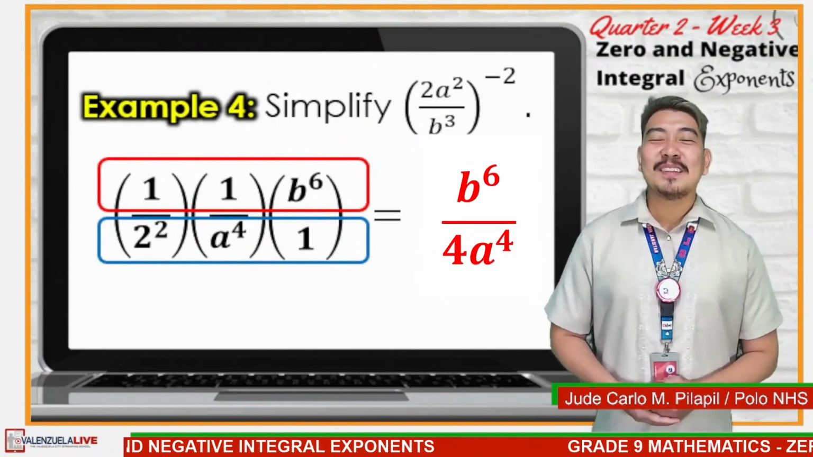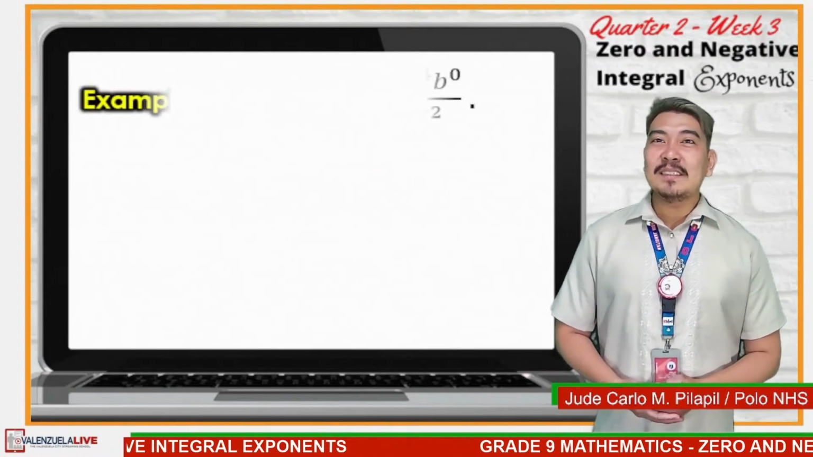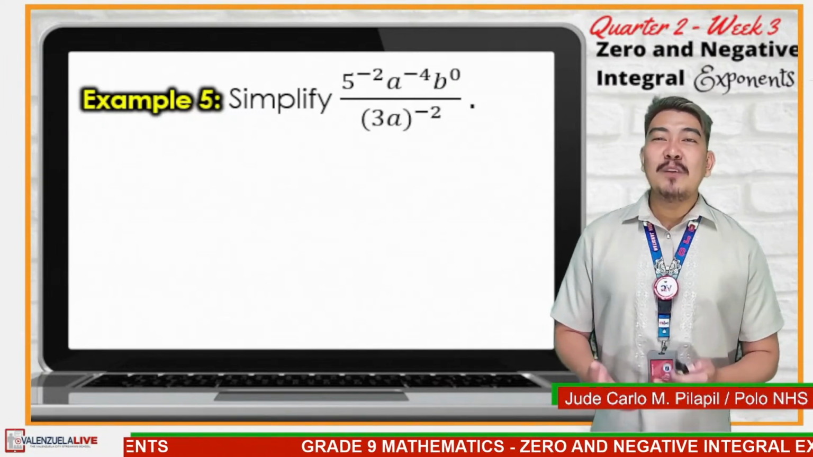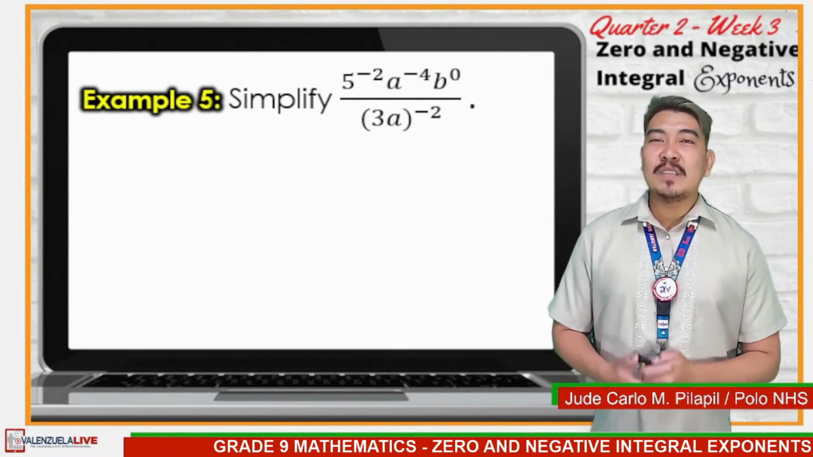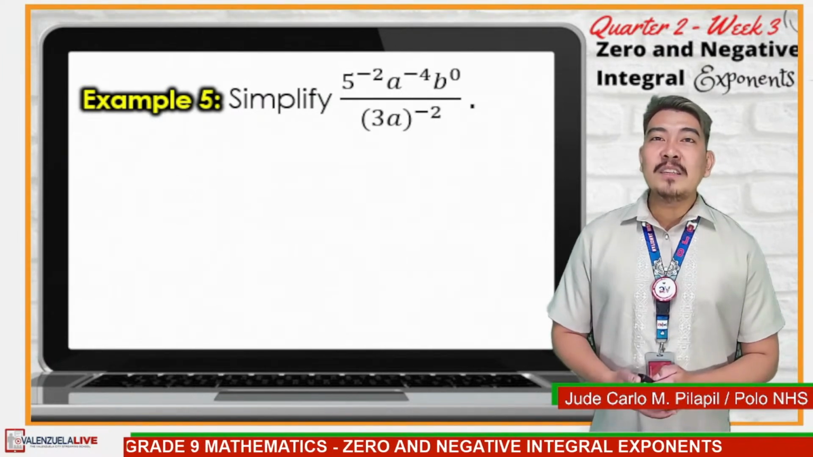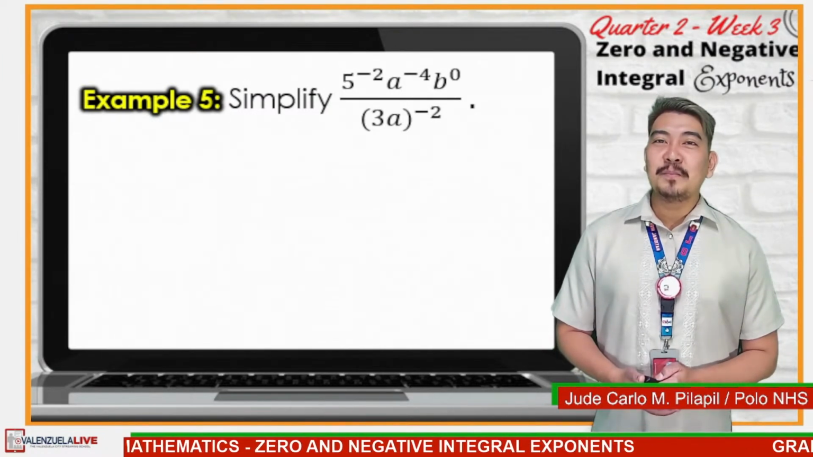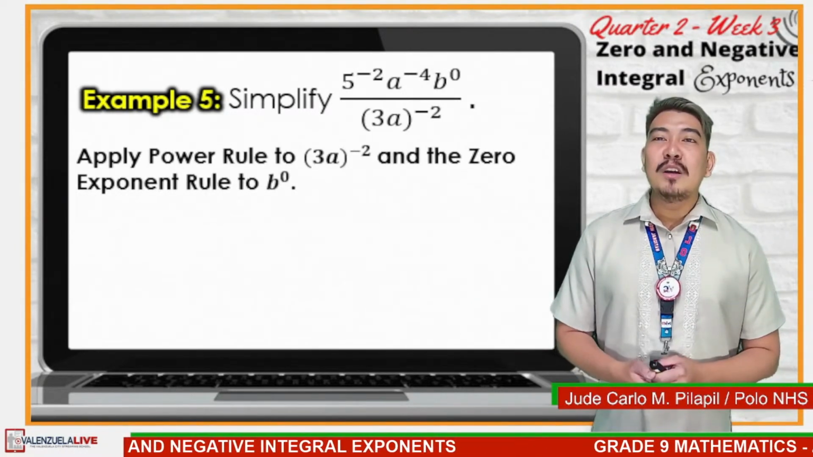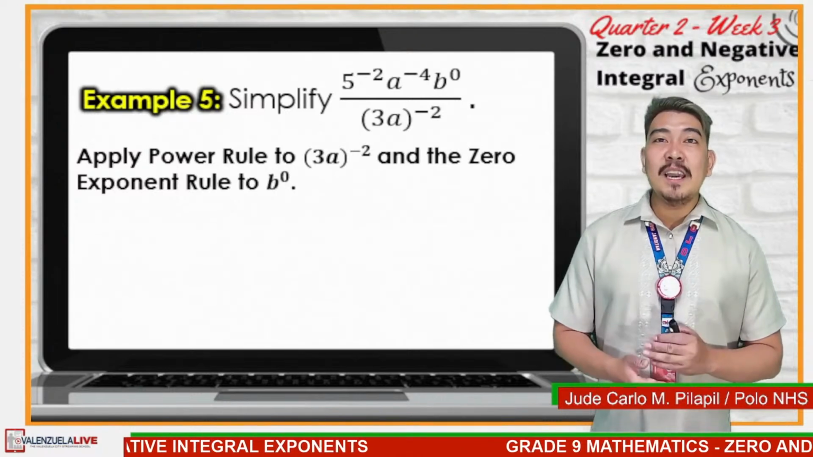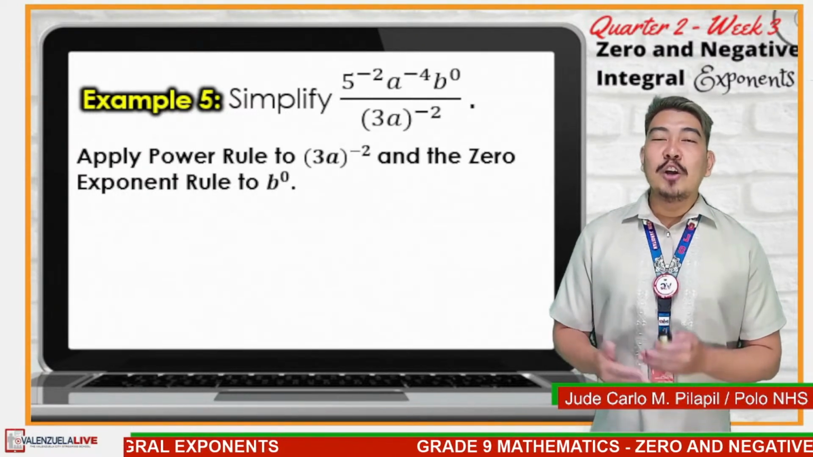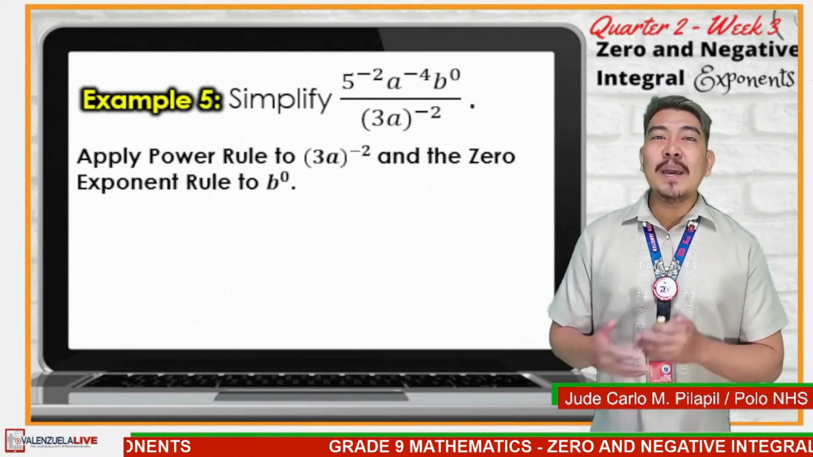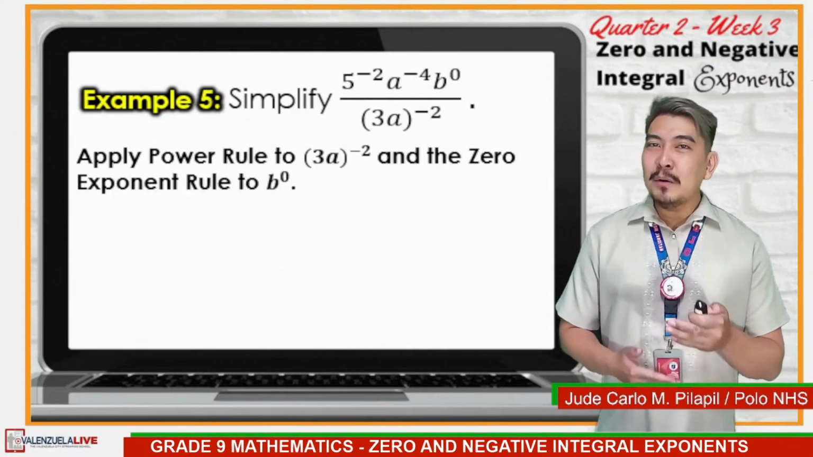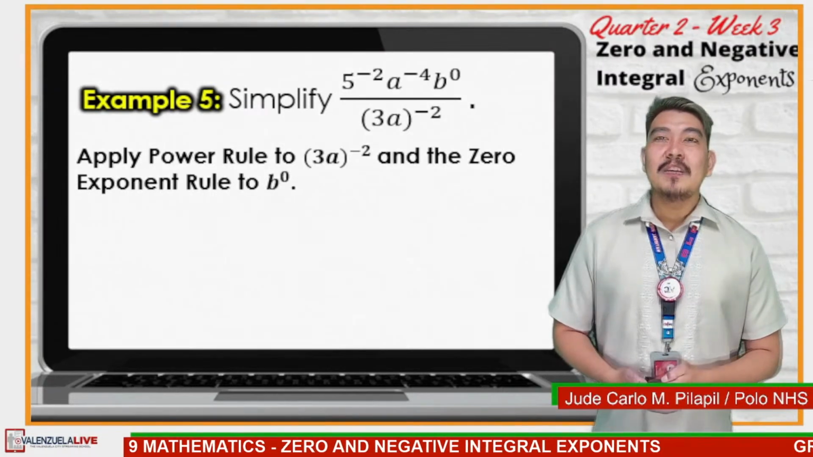That's great. The last example is to simplify 5 raised to negative 2, a raised to negative 4, b raised to 0, all over quantity 3a raised to negative 2. To simplify this, we need the power rule to simplify quantity 3a raised to negative 2. On the other hand, we will apply the zero exponent rule to b raised to 0, since b raised to 0 is just equal to 1. So it will become